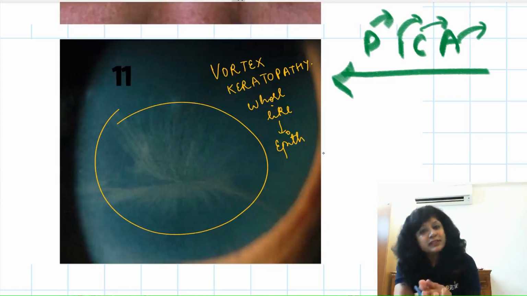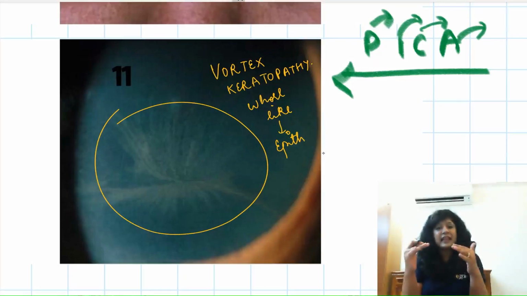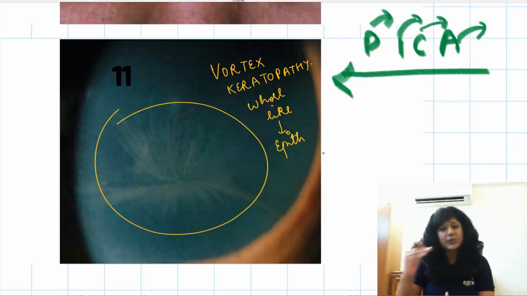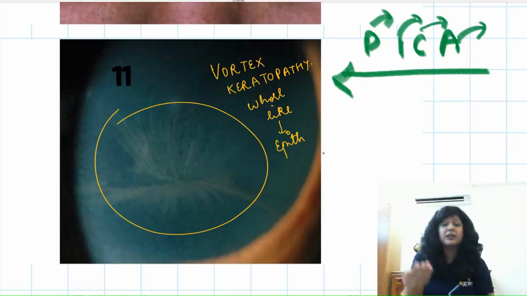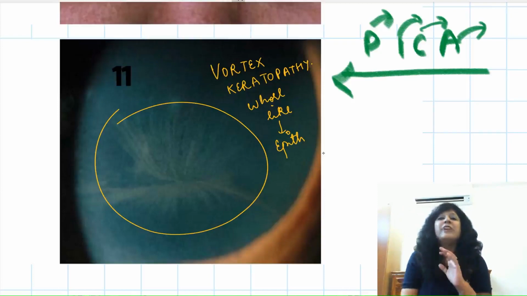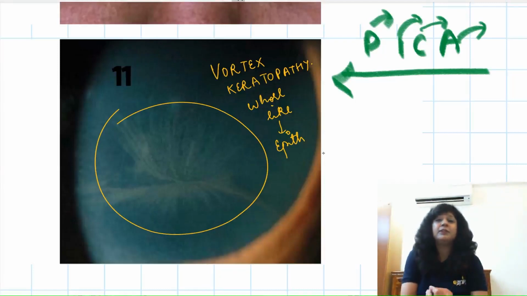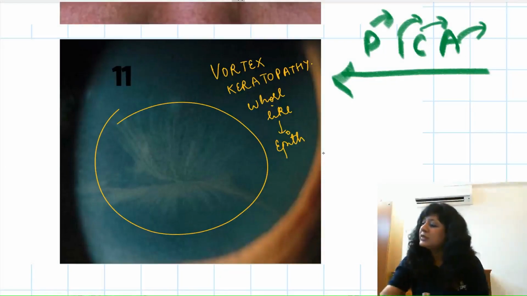Similarly, we have got Mooren's ulcer. Mooren's ulcer is also called rodent ulcer. It is also called a chronic serpiginous ulcer. Serpiginous, again, is a snake-like ulcer starting from the periphery going towards the center. So here it is making burrows, digging similar to the rodents. So it is not causing through and through perforation. Every layer it is making burrows, and then it is going. That is why it is very, very painful. We have got advancing borders, overhanging margins. It's a painful ulcer, but perforation is rare because it is not going through and through. So these are the important things about Mooren's ulcer.